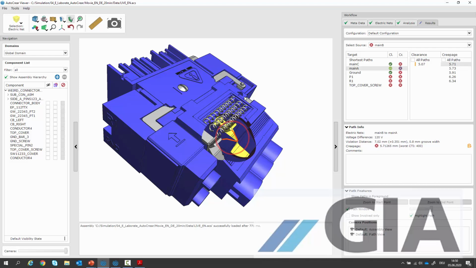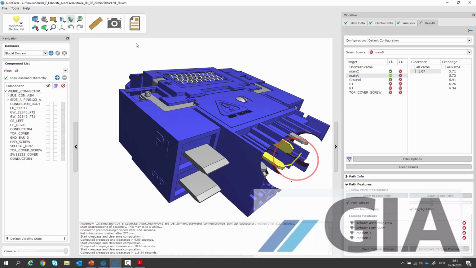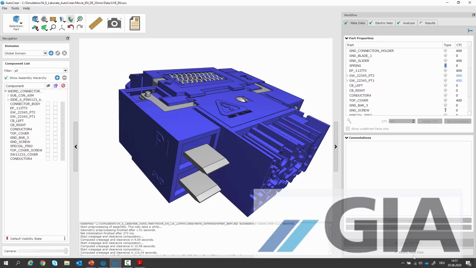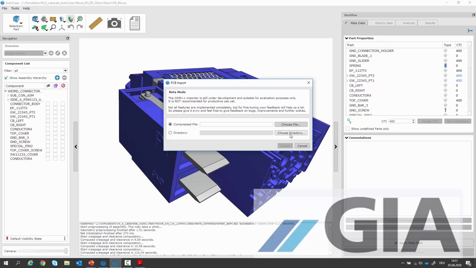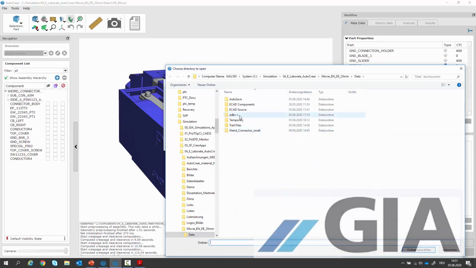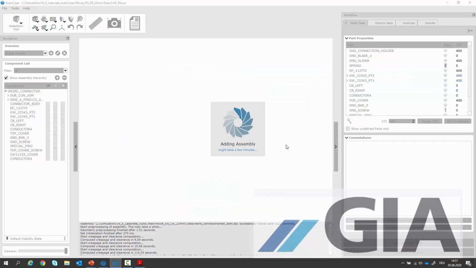But let's go back to AutoCrear, because in AutoCrear itself, not the viewer here, I'd like to go back to my metadata, and I want to bring in some additional components. Here I have the capability to bring in maybe a PCB with the help of an ODB++ data set. I can bring in my PCB, and if I